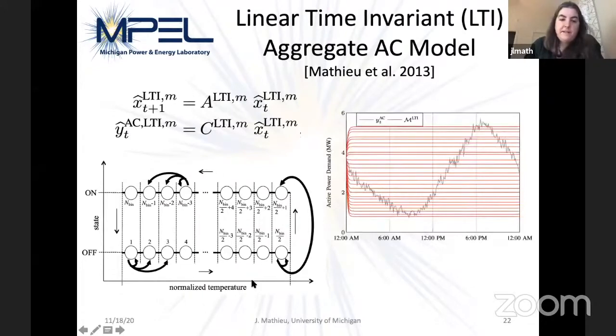And this model is based on a previous paper where we model basically the transitions of air conditioners around a deadband. So here's their temperature, their on and off state. Air conditioners are off, and then they switch on when they reach a high enough temperature, and then they move down this way. You can represent all different air conditioners in the population in this state space, and basically the A parameter here is a transition matrix to show how they're moving over time.